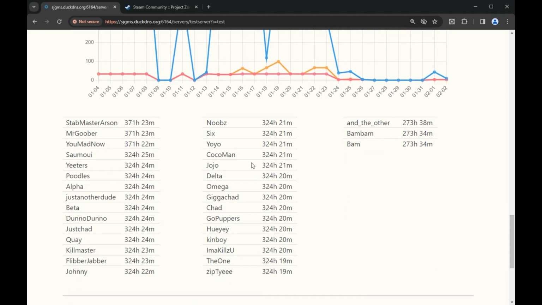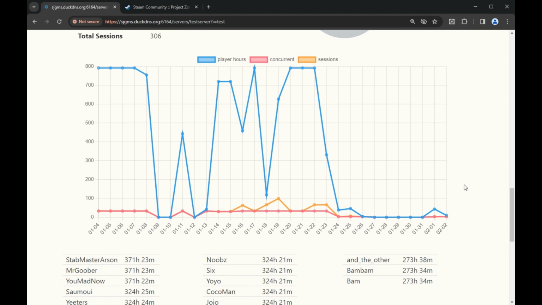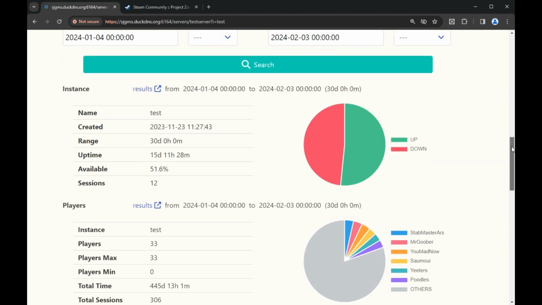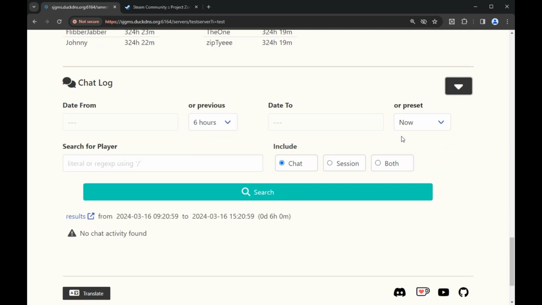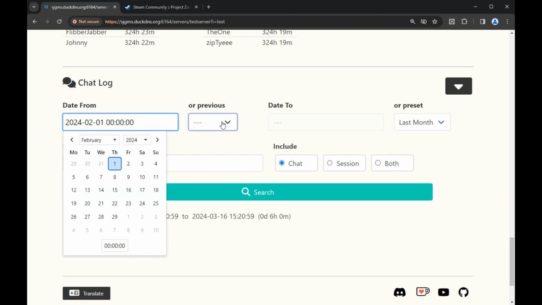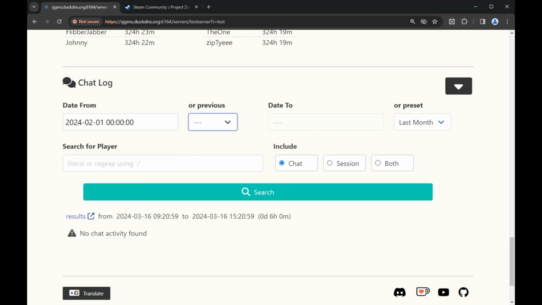Then down the bottom, again, as before, just all the individual players and the total amount of hours they have played in that time frame. So scrolling further to the chat log. Previously, this just showed all of the chat between players for the last period of time, but now we can search. So again, as an example, I'll just go last month, 60 days, or actually let's try